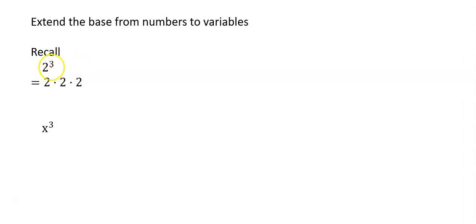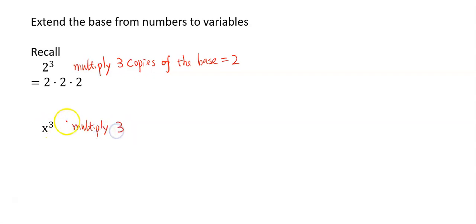So again, the definition of exponent is to multiply, and the exponent tells us the number of copies. So multiply 3 copies of the base. And in this case, the base is 2. But right here, we are still going to multiply 3 copies because the exponent is still 3. But this time, the base is not 2 anymore. It's the variable x. So we're going to multiply 3 copies of x. So that's the meaning of x to the third. So if we keep this in mind, we can